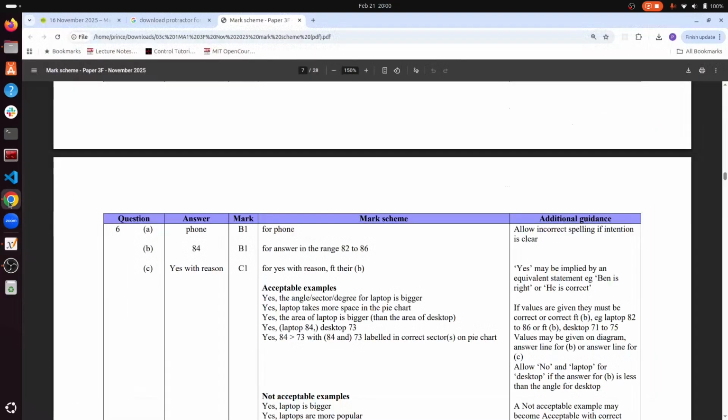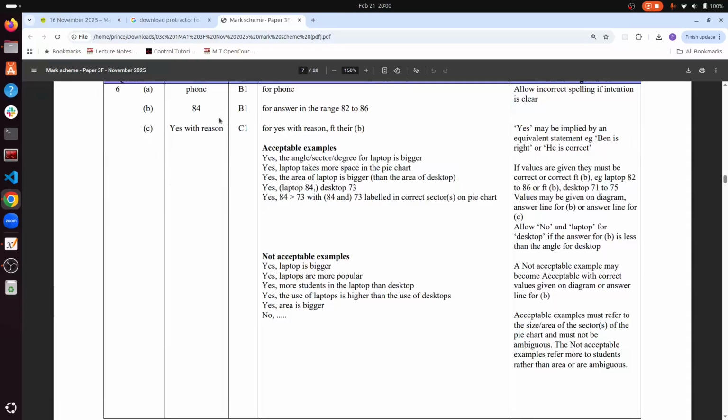So if we were to check our mark scheme, we can see there that's 84, that was correct, but whatever is in the range of 82 to 86 will be given the mark. And for 6C says yes, the angle sector degree for laptop is bigger. So once you compare that 84 and 73, which are the two angles that were given, that should be acceptable. Number 7